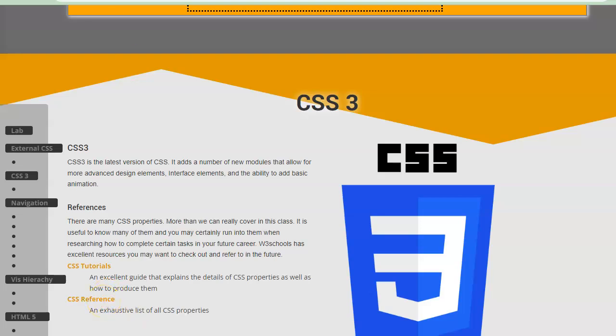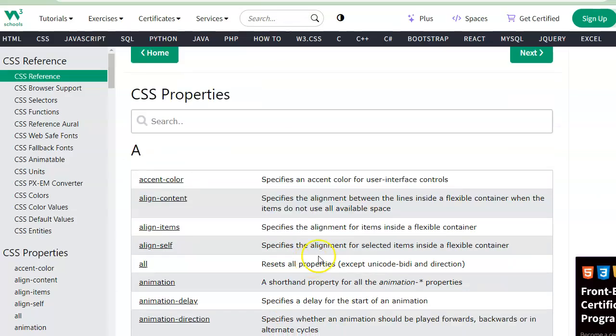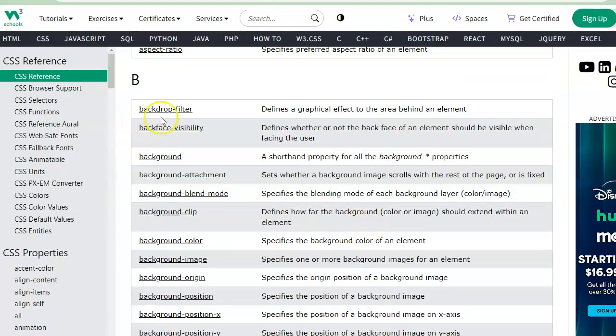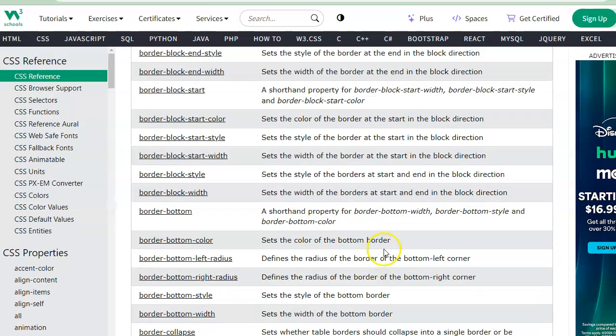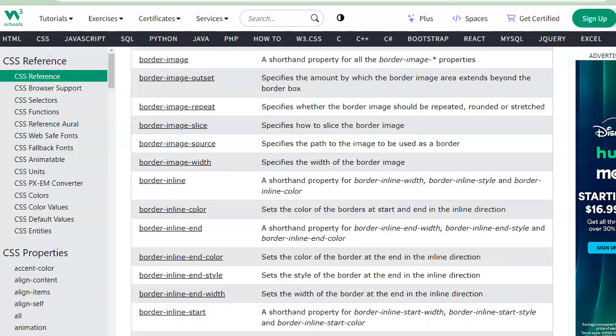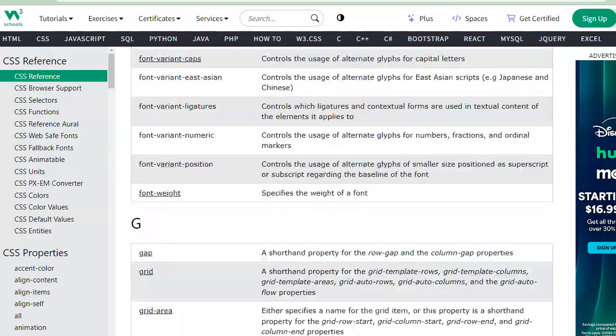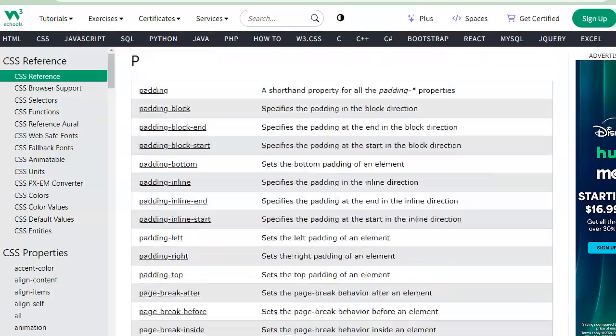If you click on this one, again, it goes to W3Schools, but it just has them all listed here, and you can click on them, and it will bring you to the tutorial pages that the other link showed you. And if you look, it seems like a lot. I'm going to scroll down. It seems like a lot,